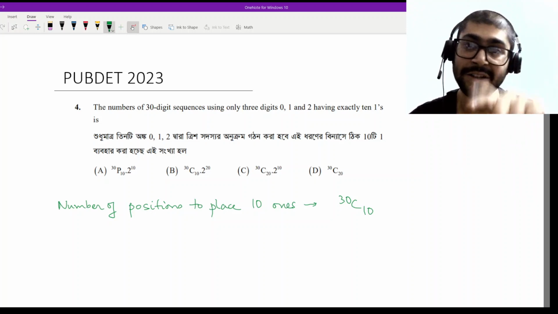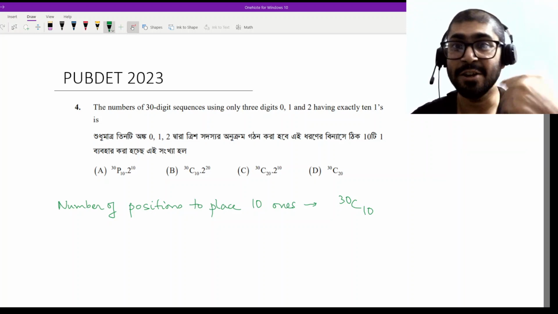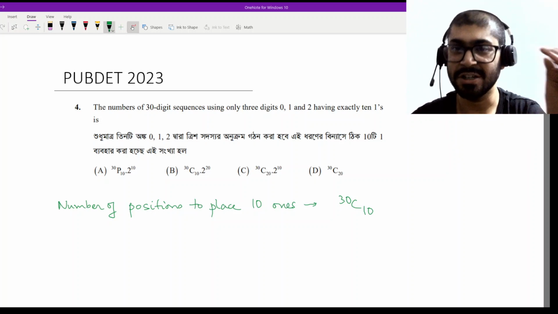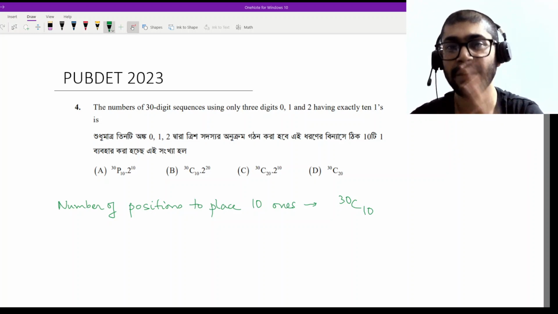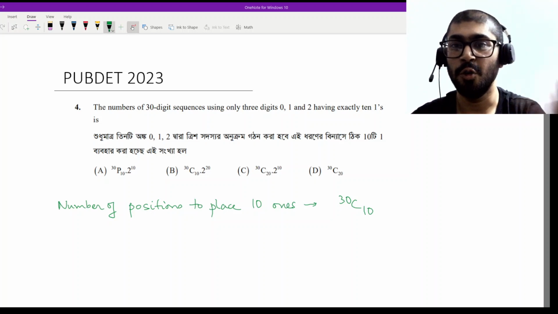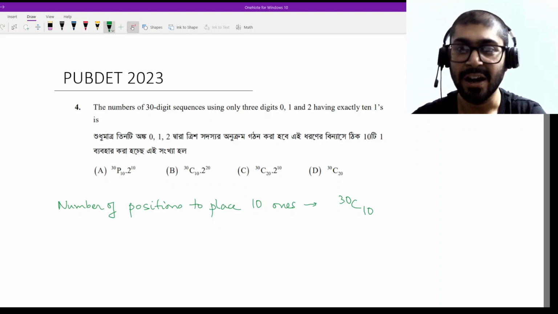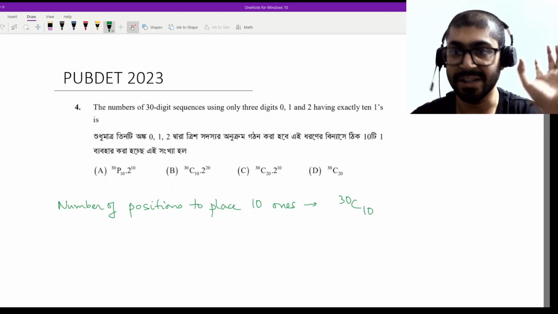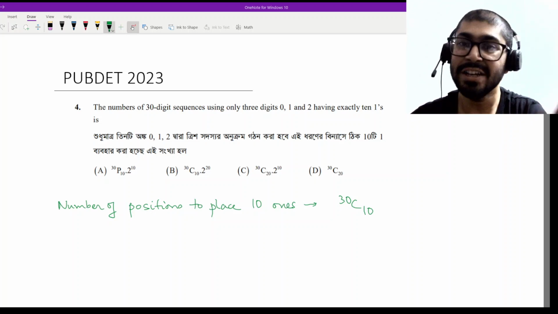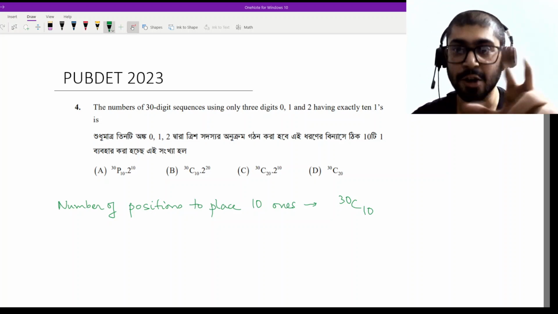Now these ones are indistinguishable. You cannot differentiate one from the other. So one might be at position 1, 2, 3, 4, 5, 6, 7, 8, 9, 10. It can be 1, then 28, 29, 30, 4, 5, 6, any order you might place. How many different combinations can you make? 30C10. Now remaining 20 places, for each of the remaining 20 places there are two options that you can